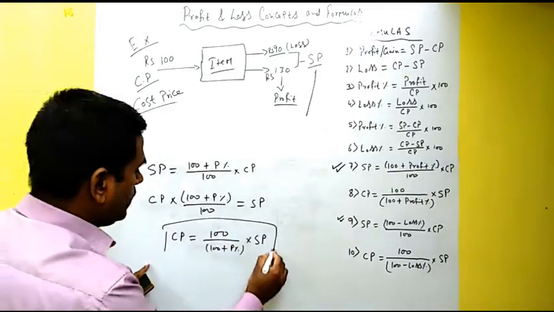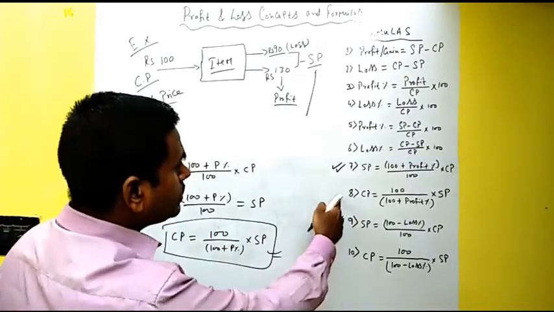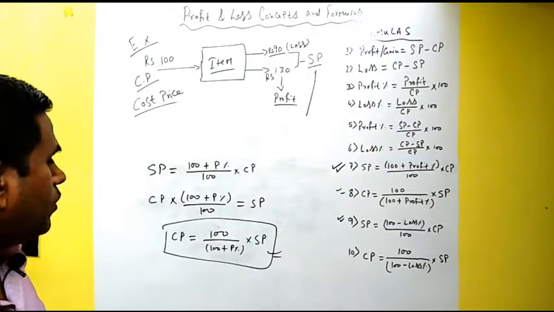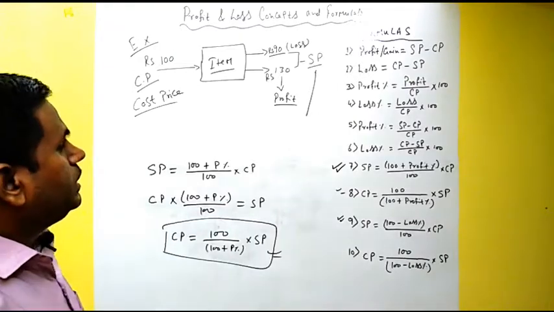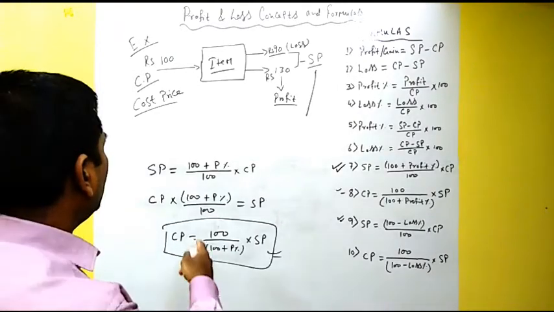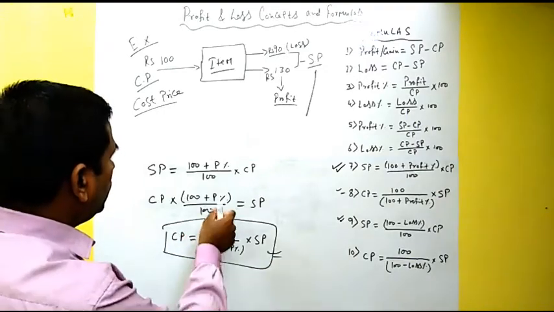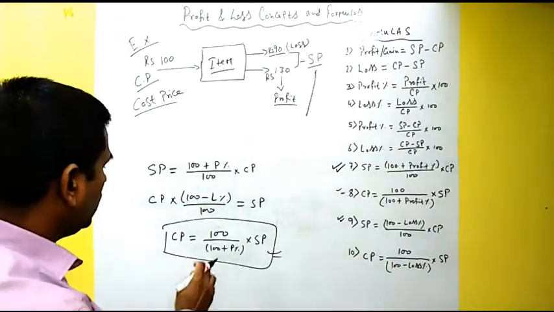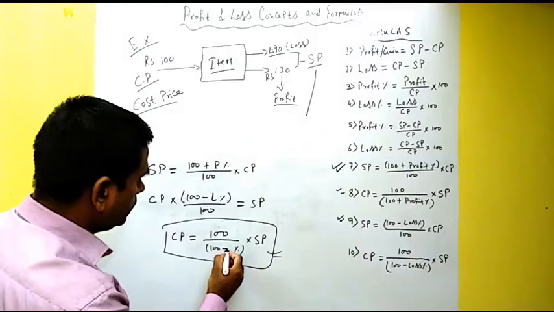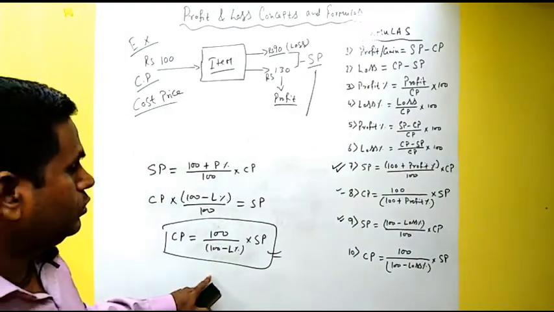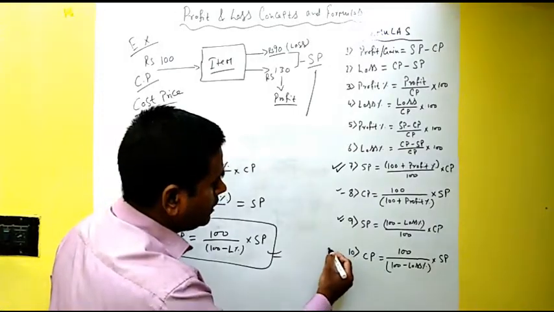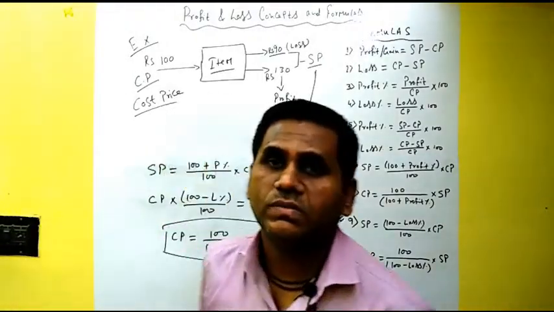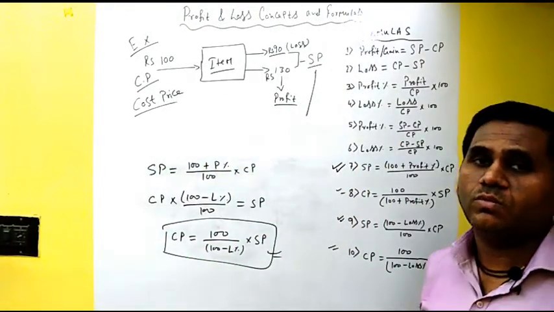So which formula have we derived now? We have derived this 8th formula. That's why I told you, if you remember any one, you can write the other formula as well. Similarly is the case for loss. In the case of loss, we subtract loss. So here also we will subtract loss. If we do just minus loss percentage, you will get this 10th formula. So it's very easy to remember all these formulas, and if you remember all these formulas, you can solve many problems on profit and loss.